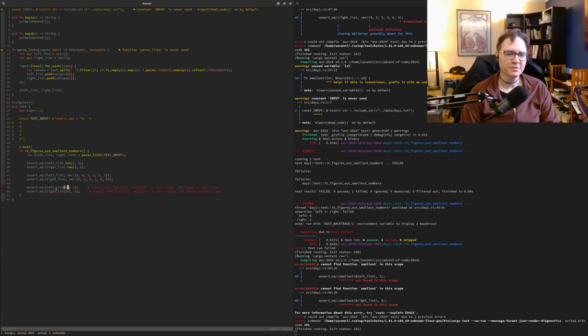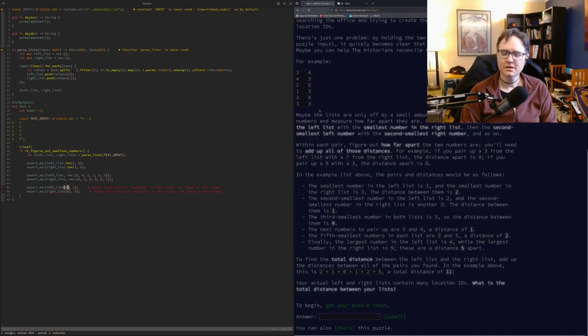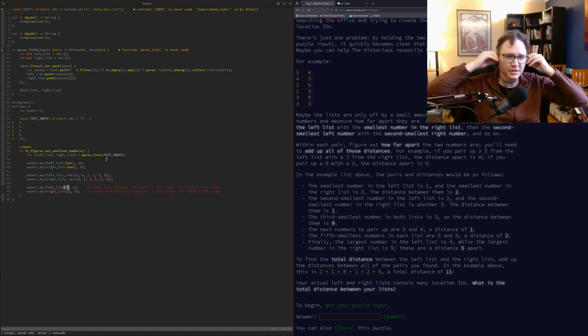So first element of left list should be 1. The first element of right list should be 3. And I'm doing this because I know from the problem I want to find the smallest one and then the next smallest one and so forth. So basically I need to get a sorted list.